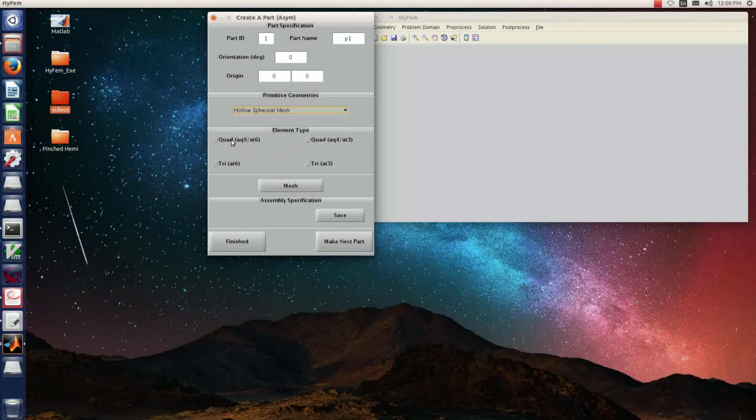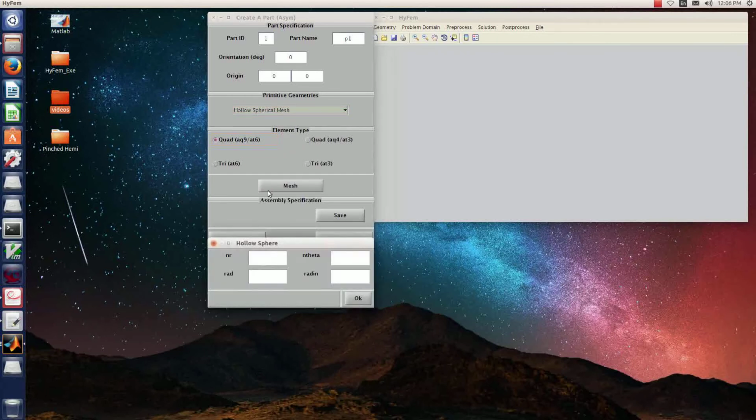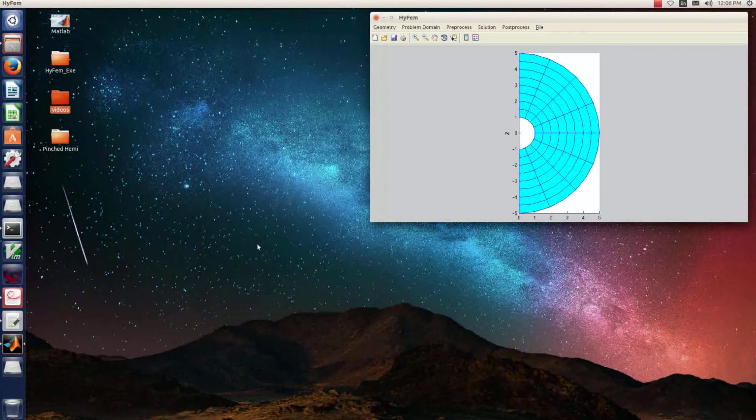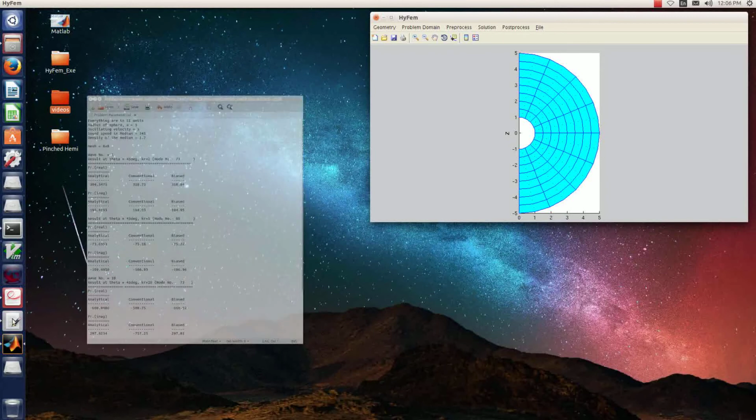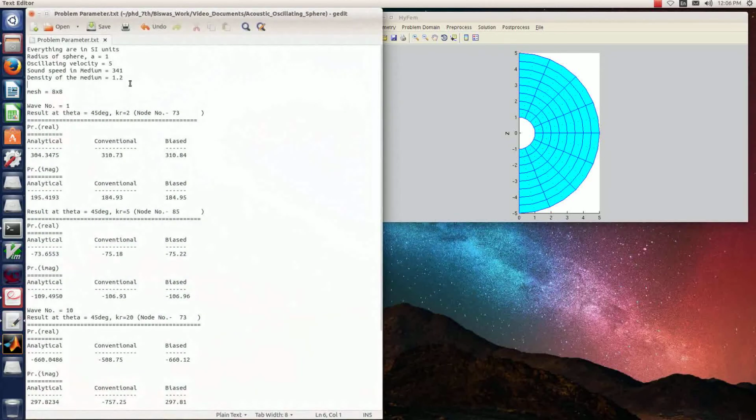Hollow spherical mesh. We use 9 node elements. Sphere radius a is 1 and we are taking the domain up to radius 5.